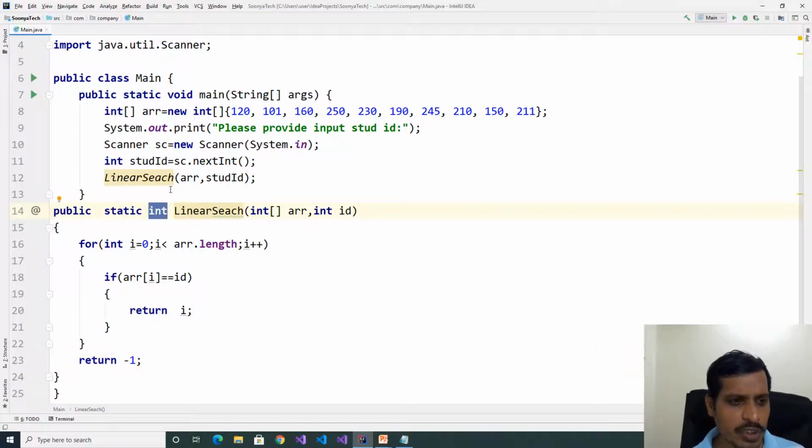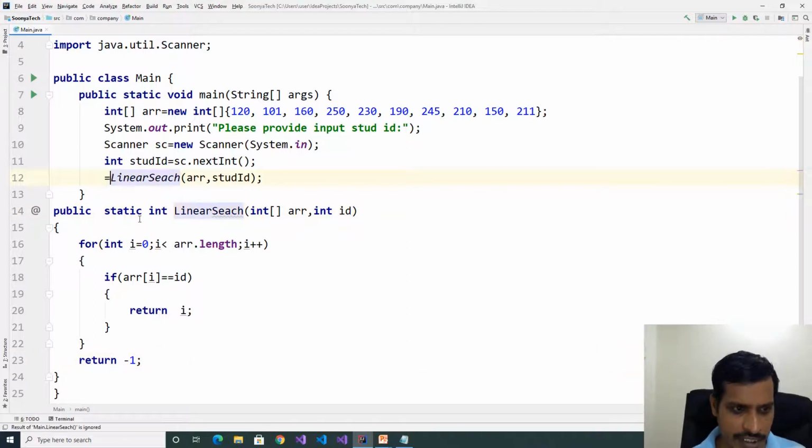Here the linear search function returns an integer, so we need to store the output in an integer variable. Here declare integer variable int index.